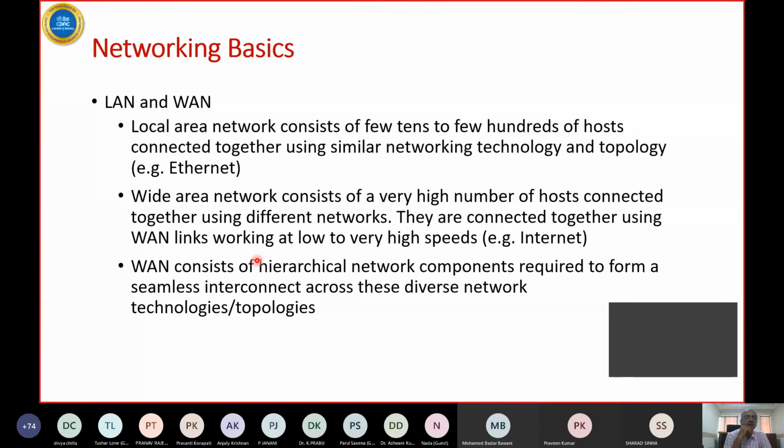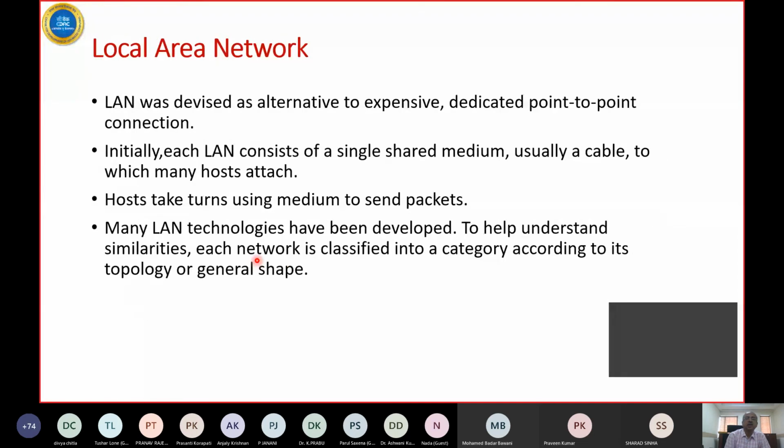So that's the kind of hierarchical thing you will have. 5 buildings, each building having 5 floors, and you have a router in each building and all 5 buildings connected, and one gateway through the WAN. So that's kind of a hierarchical network you can build using LANs locally and then reach out using a WAN topology or a WAN kind of connectivity.